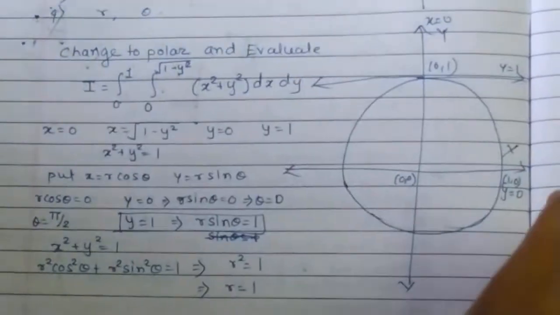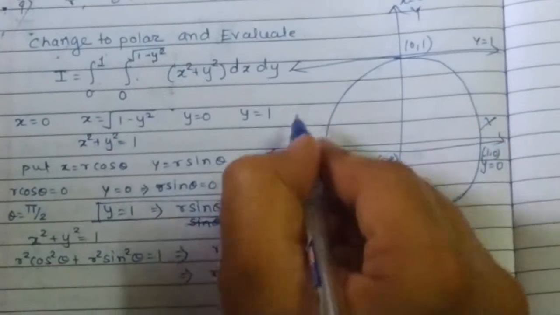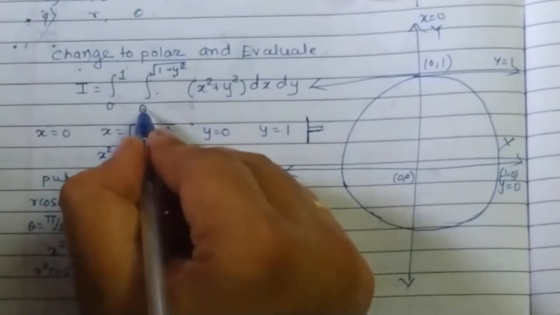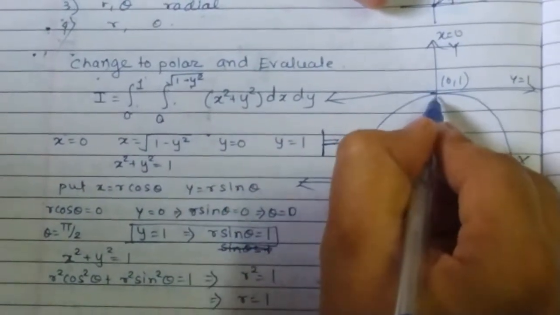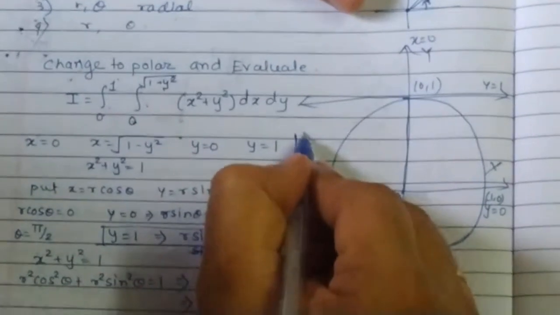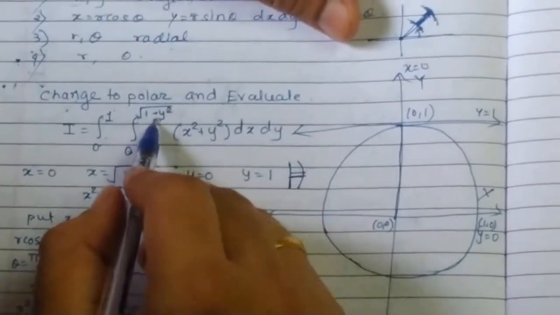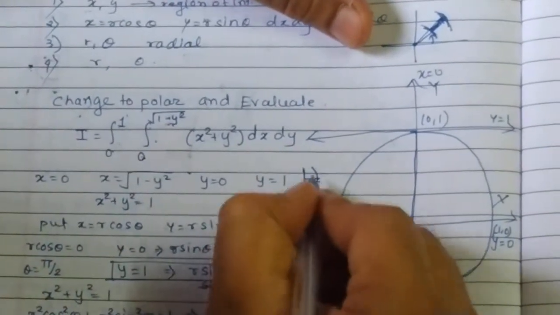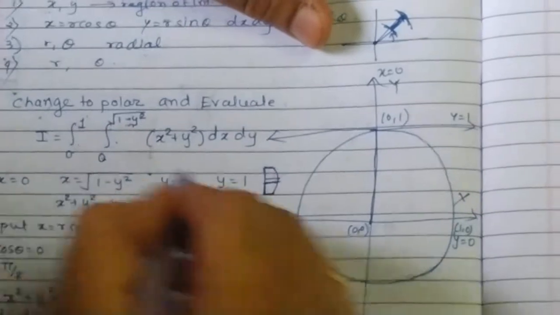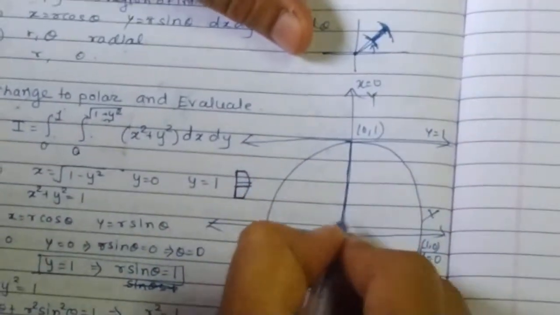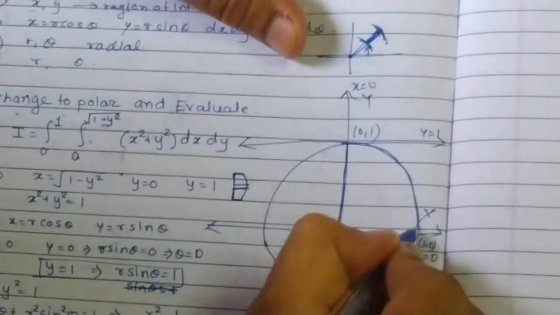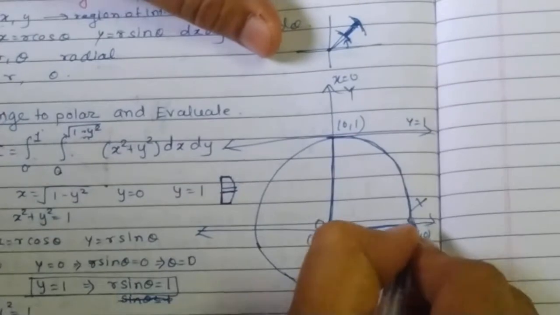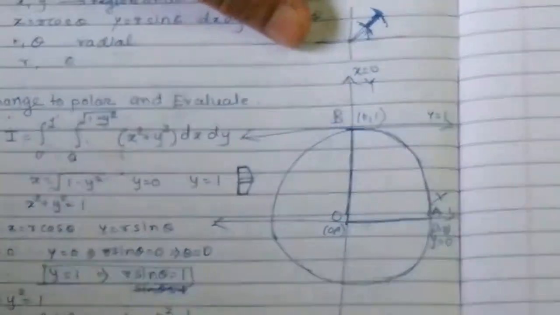This one. Okay. Now, in the original problem, your strip is horizontal. On the left side, there is a line, x equal to 0, that means your y-axis. On the right end of the strip, it's a portion of a circle, as the upper limit is a part of a circle. And the movement is from y equal to 0 to y equal to 1. So the region is OAB. So this is your region of integration.